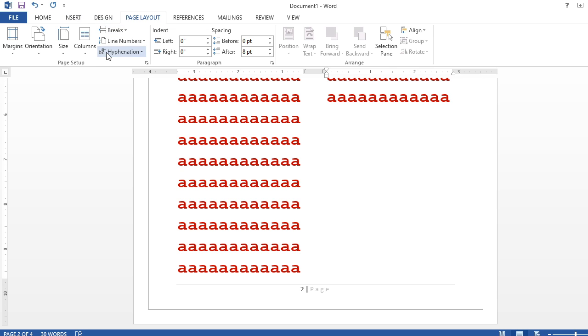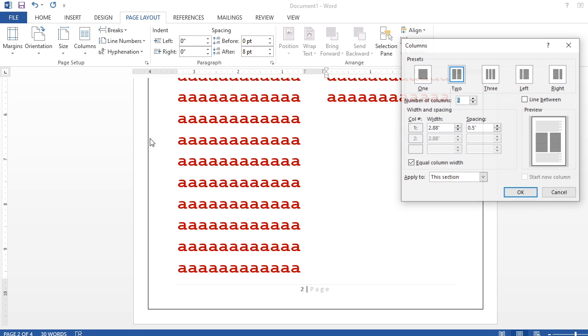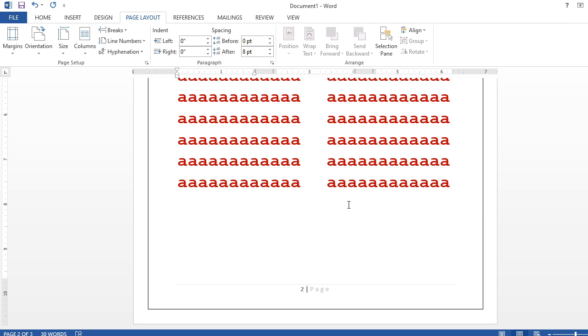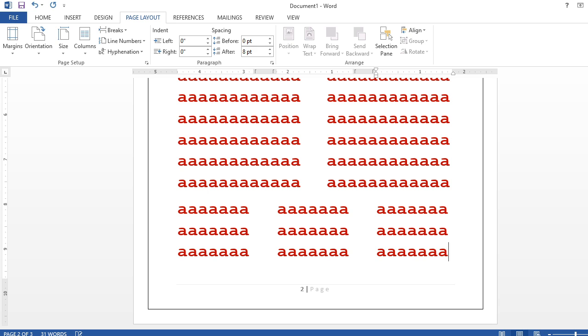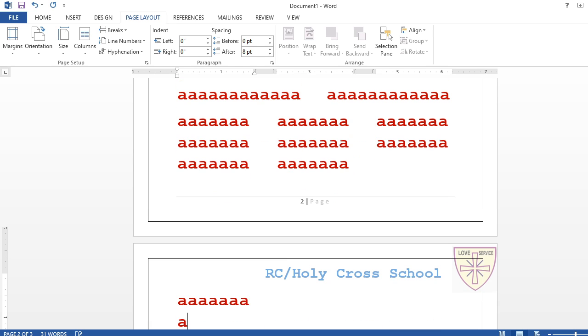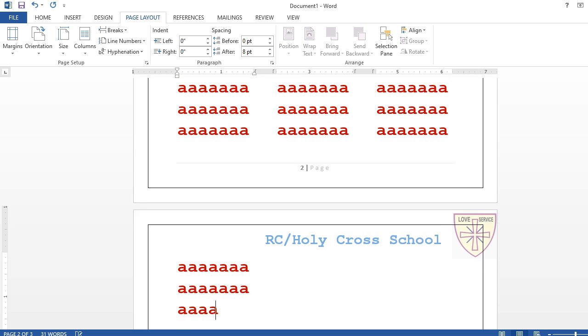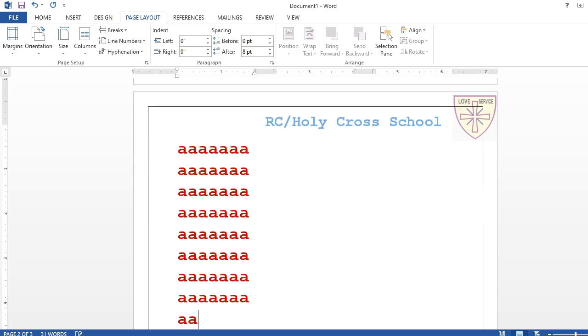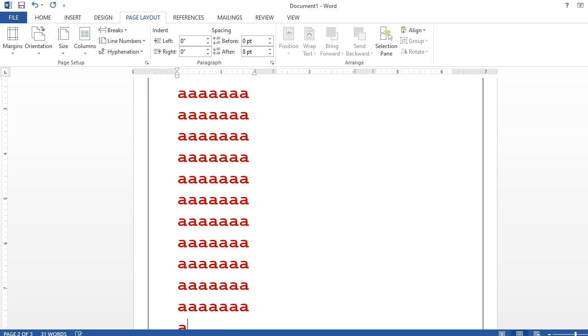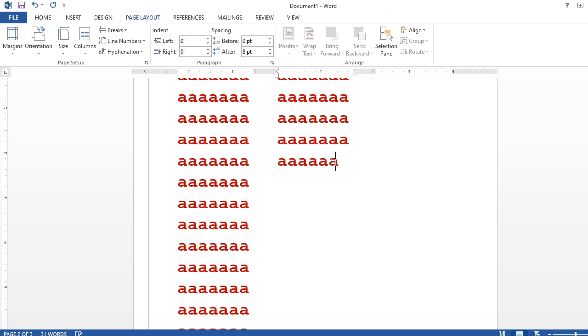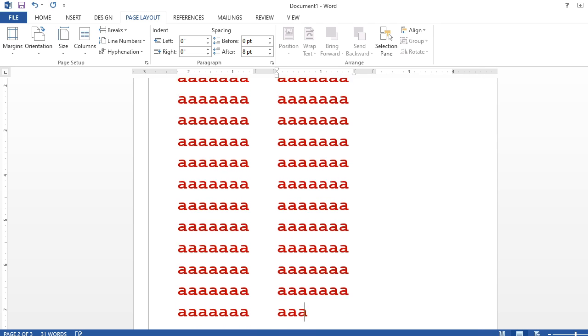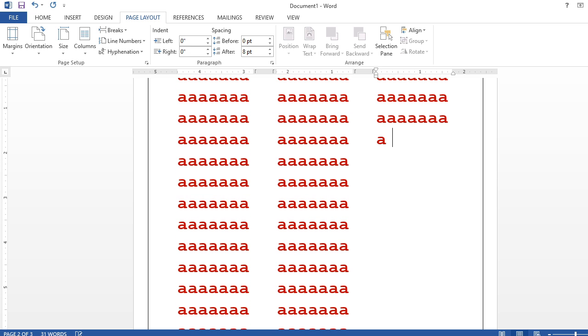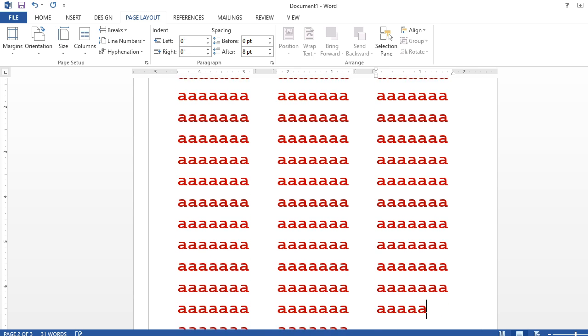Okay, so again I am going back here, again column, again more column I am going, again I am writing three column, and again I am choosing this point forward from here. Okay, so now just check it out from this point forwards. Now see, it has got three column. All right. Okay, again I am writing here, just check it out. Just see, two column, now it is going in three column. You have seen this formatting in the newspaper, right? You just check, this three column is coming.